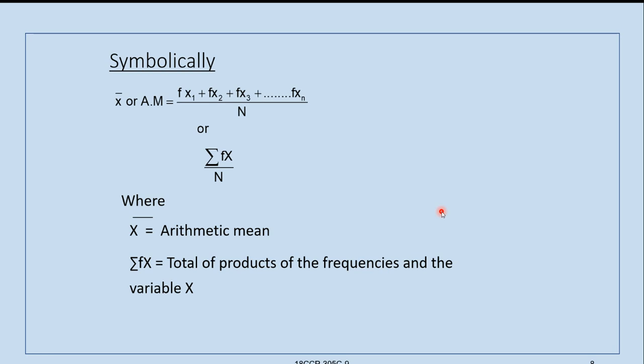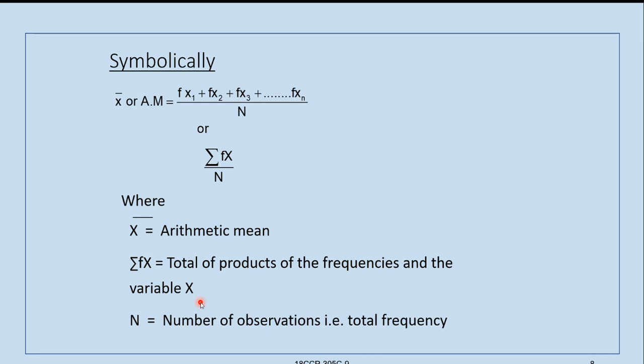So this is nothing but the same I have explained to you. We will take the product of the first column, first observation, and the second column, first frequency, and that will be taken as the product of these two in the third column. So like this, we will take the whole series and then we will complete the table.